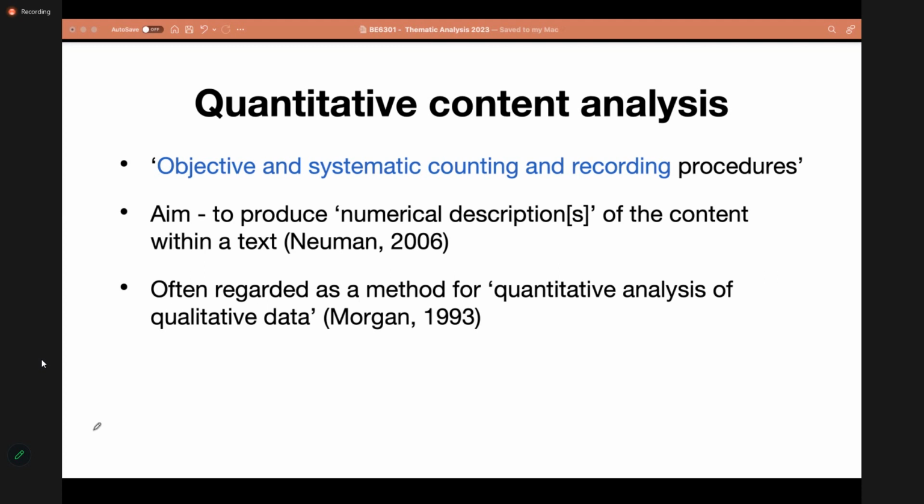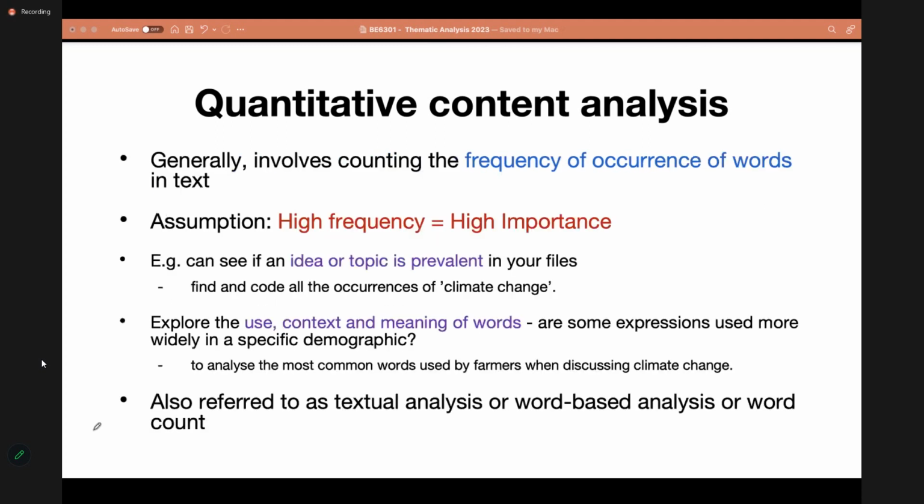So you're trying to come up with a numerical description of the content within a particular text. Because of this, people sometimes refer to this technique as a quantitative analysis of qualitative data as well.